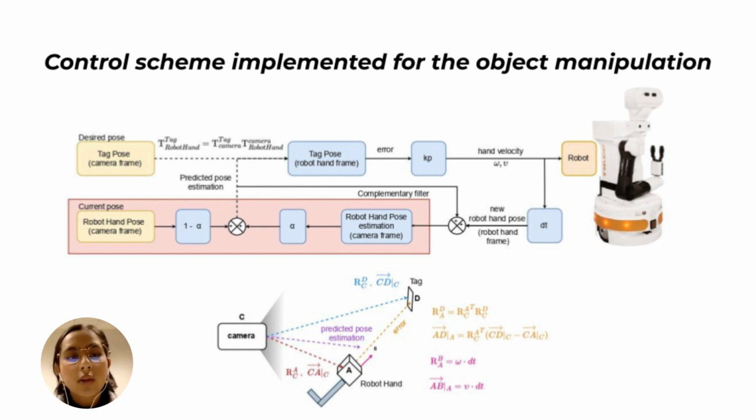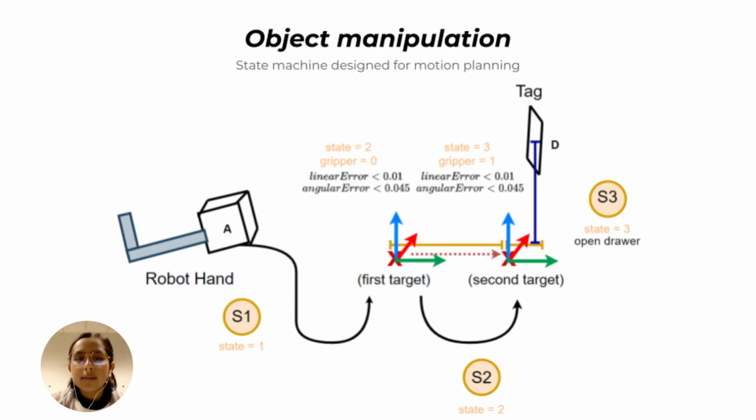And for the feedback, to have a better accuracy of the prediction, a type of Kalman filter was implemented, which is the complementary filter, in which we use the current pose. In other words, the real robot hand pose that comes from the camera detection, and also the one that we calculated from the integration of the velocity, which allows us to obtain a better accuracy of the robot hand pose prediction. The last stage is the object manipulation, in which a state machine was designed for the motion planning,